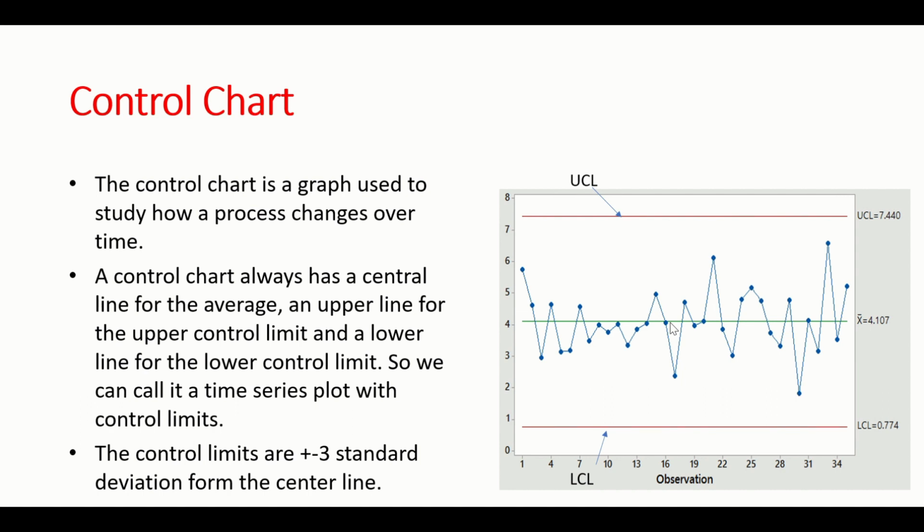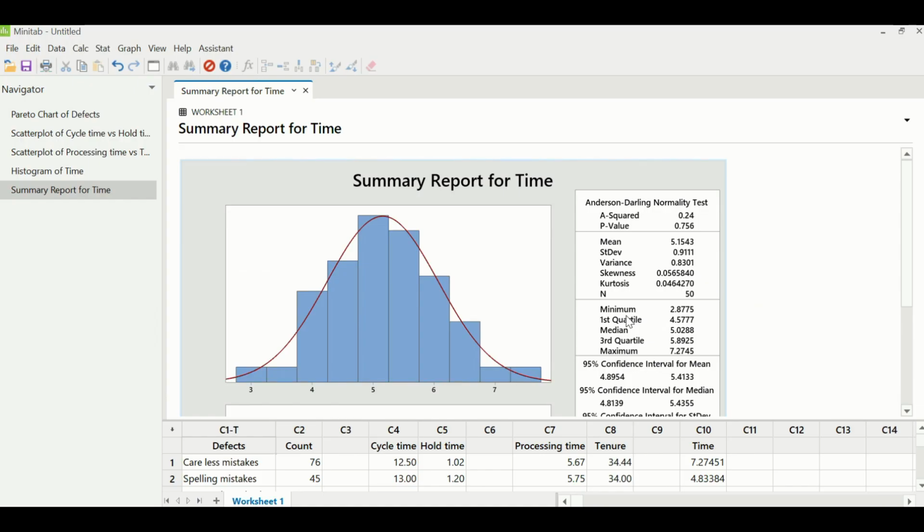So let us go to Minitab and see how we can create the most basic control chart, which is called the IMR chart. So there are two types of data that we always use. One is called continuous data and one is called discrete. What we are going to learn here is a control chart for continuous data. So let us create one control chart which is called IMR with column number C10, which is time data.